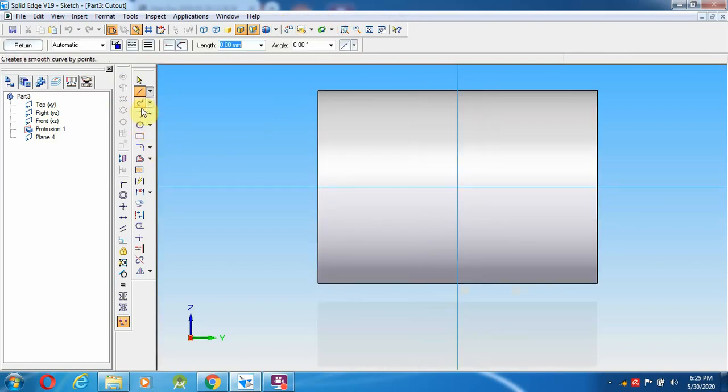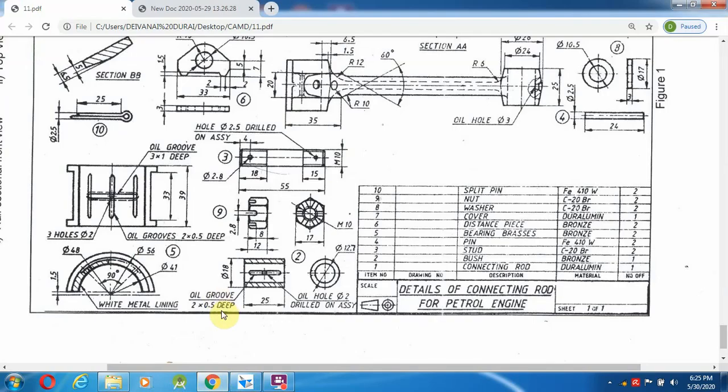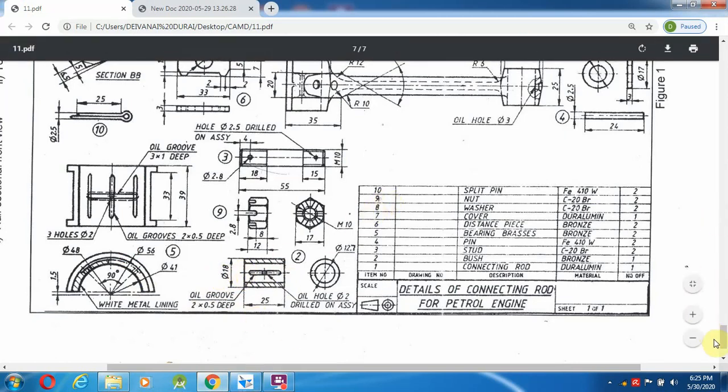Select a line from here to here. What is the diameter they have given? The oil groove is 2 into 0.5 mm deep. So 2 mm distance and 0.5 mm deep. It is near this length. How can we check those lengths over here?